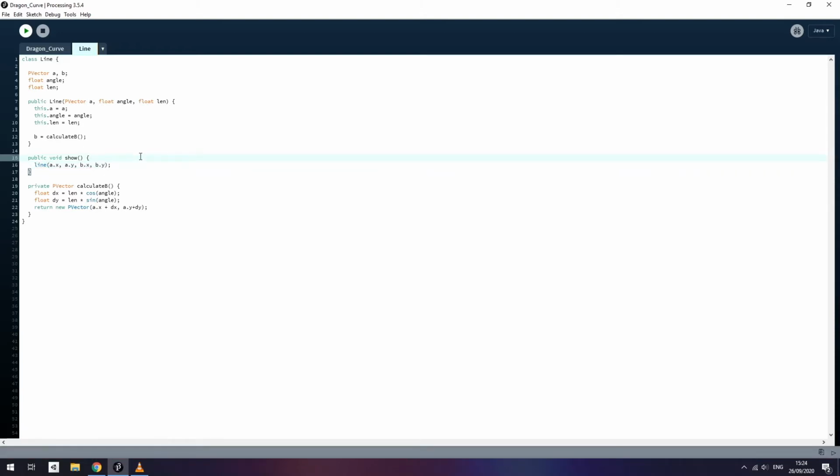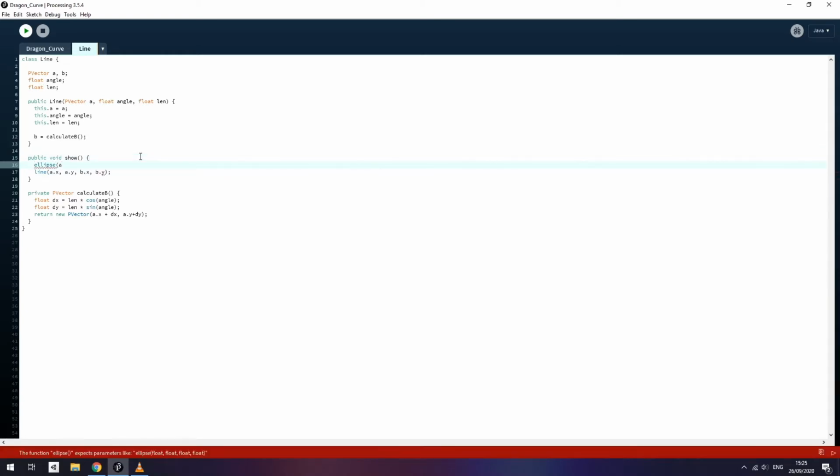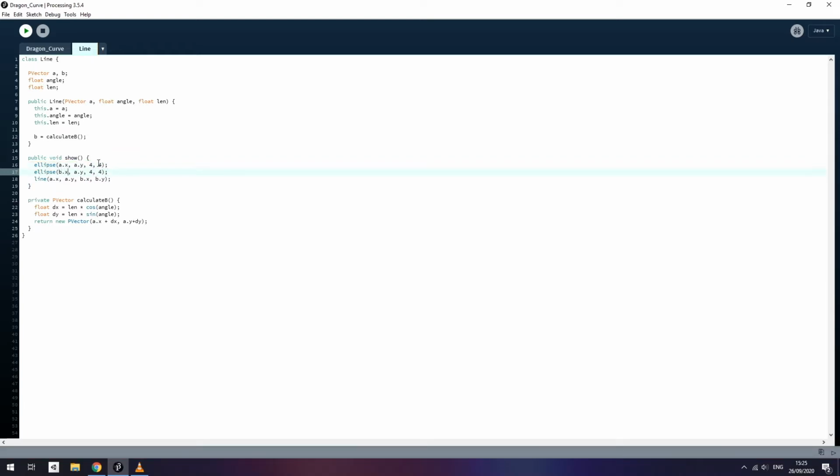And in order for it to be a little bit more obvious when we start segmenting, what I'm going to do is place an ellipse at the start point with some radius and an ellipse at the end point. This way, when we start segmenting but we don't change the angles, we can see that we are actually subdividing